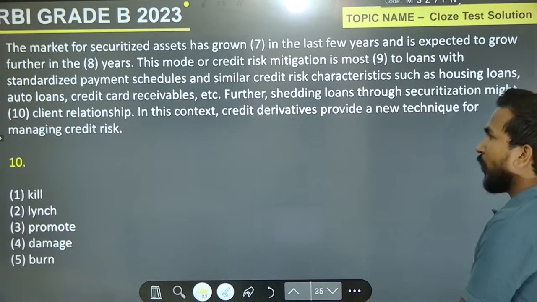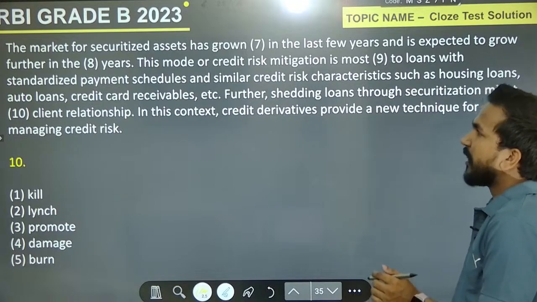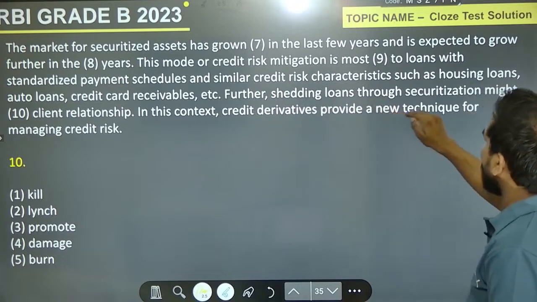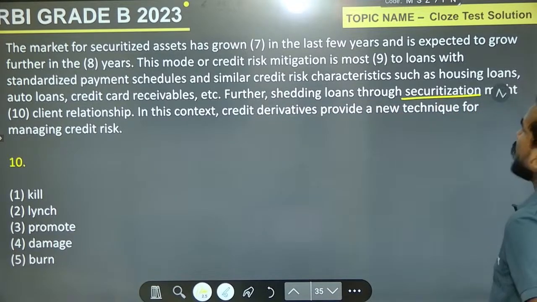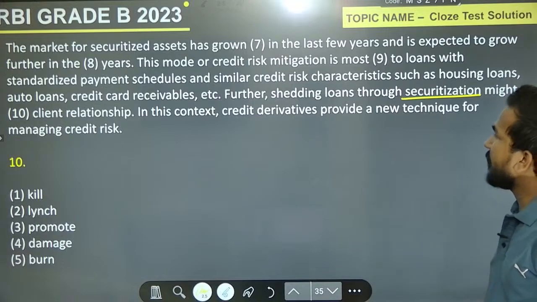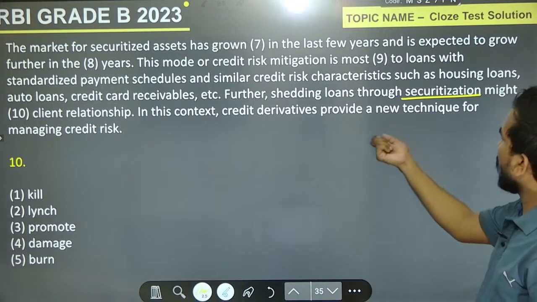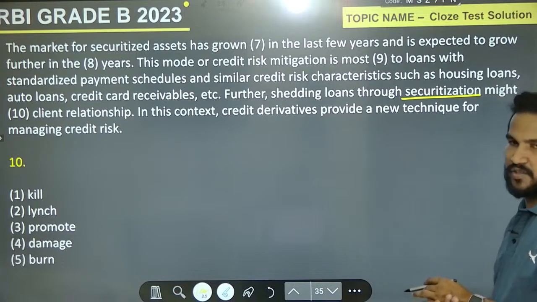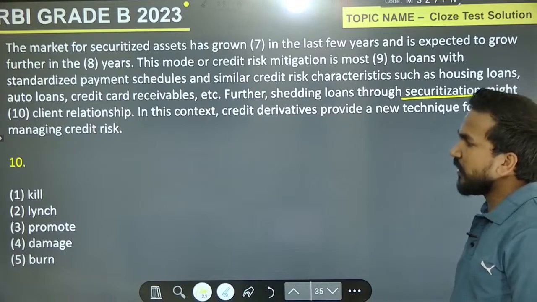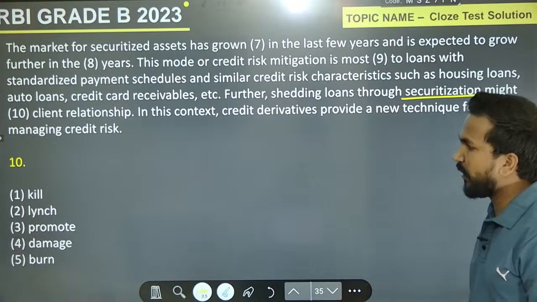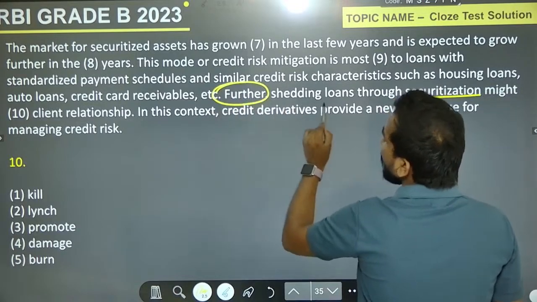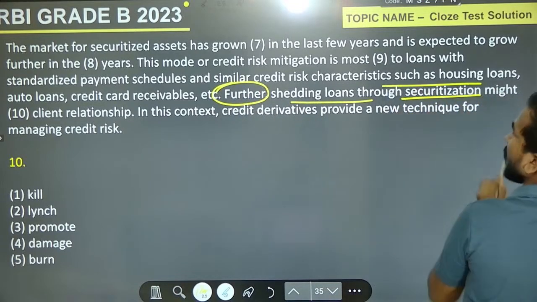Now we have the last question for this particular passage. After that we have another Cloze test. So go for the last question: further shedding loans through securitization might blank client relationship. In this context, credit derivatives provide a new technique for managing credit risk. Now, we have the 10th question. Go for it. Kill, lynch, promote, damage or burn. And you know very well that further shedding loans through securitization might